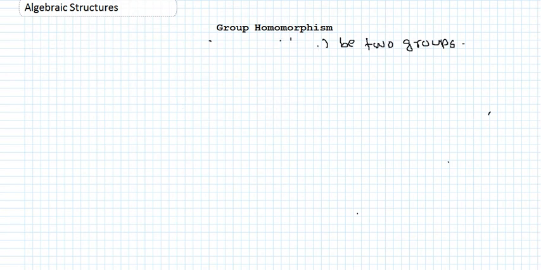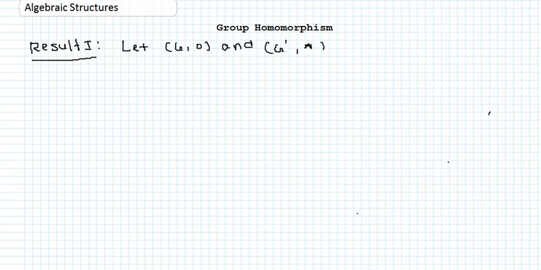Yeah. So here we go. So here is the result. It's a very important result in group homomorphism. So, result 1. It says that if we let G with a composition and G dash with another composition be two groups,